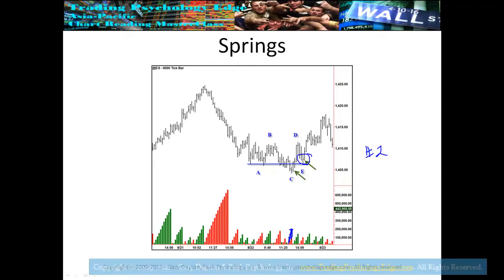And then he had this sort of weird thing. It was called a number 1 spring, which was basically the market keeps going down. The market goes underneath this support and then just keeps going and going down. I don't know why he called it number 1 spring. It didn't make any sense to me, but that's what he did. Anyway,